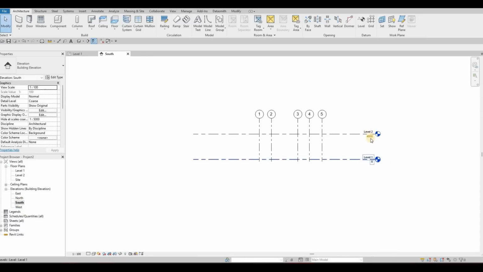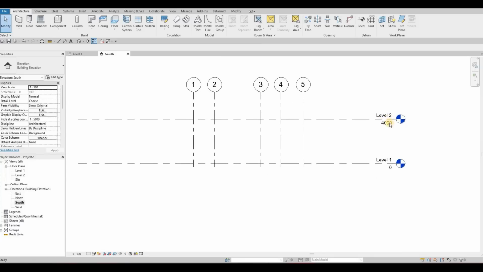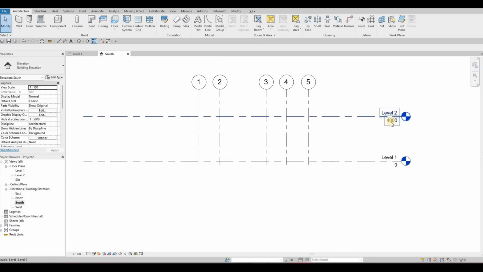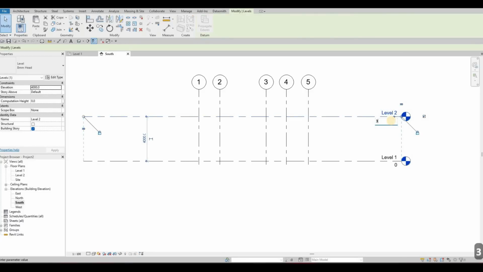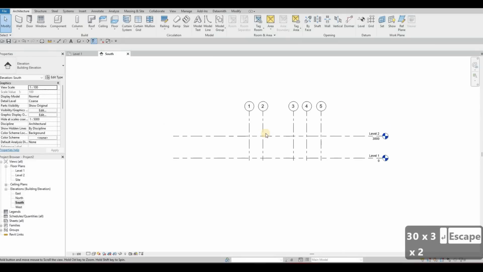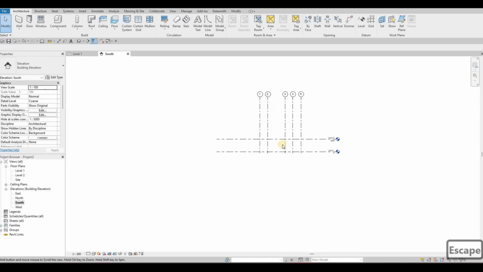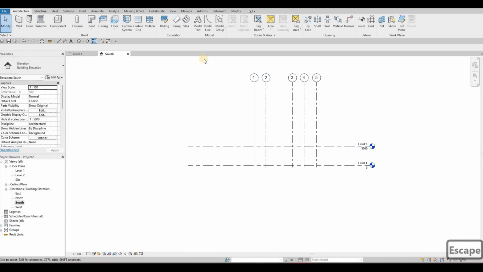As you can see, we have level 1 to 2 at 4,000 or 4 meters. So 4,000 millimeters, we're going to select that, and then we're going to make it as 3,000 only. So level 1 to level 2, and then we could push this upwards. We could add in levels. So we're going to go under architecture, and then here on the right side beside grid lines is level, or we could type in